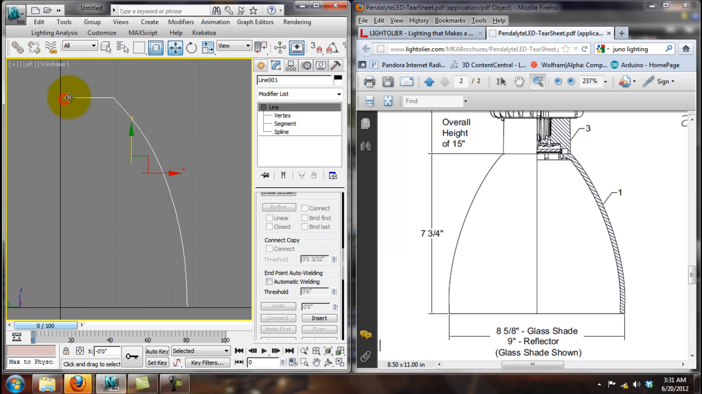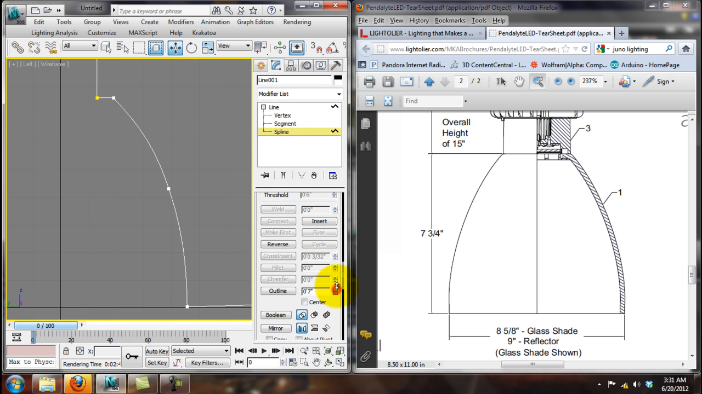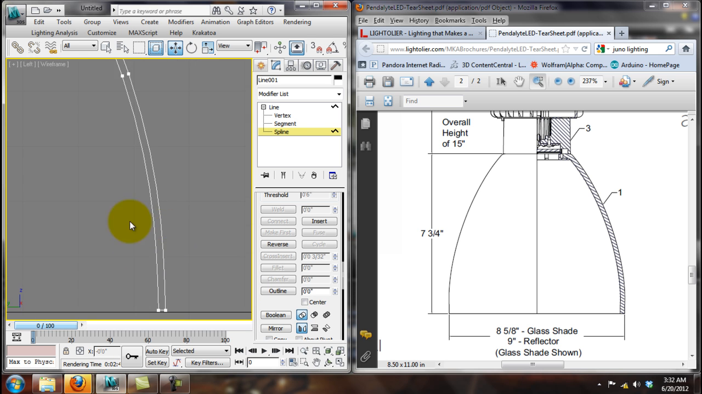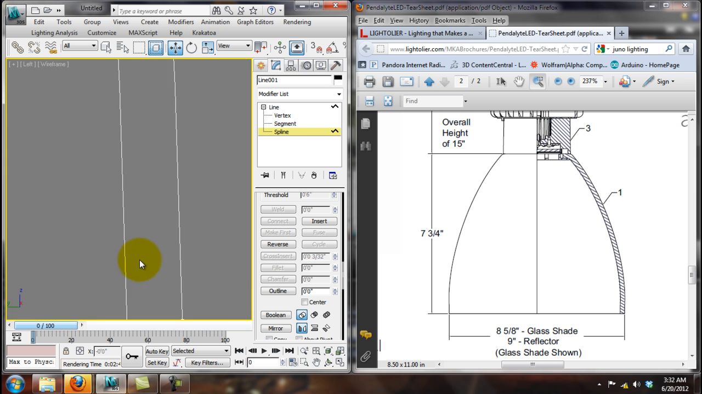Okay, and you can see that this guy actually stops about here. And we'll select spline here and we'll outline that. 0.125, I guess. Oops. Negative 0.125. That'll give us a thickness. And this guy, might as well